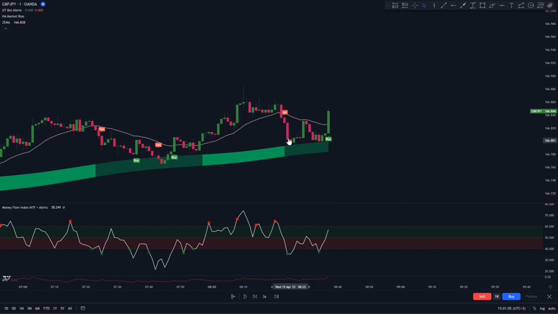Lastly, none of these candles during the pullback should close below the trend ribbon of the market bias indicator. If any of these candles happen to close below the ribbon, this entire setup becomes invalid. Now, once all the previously mentioned conditions have been met, there are two things that can happen in regard to